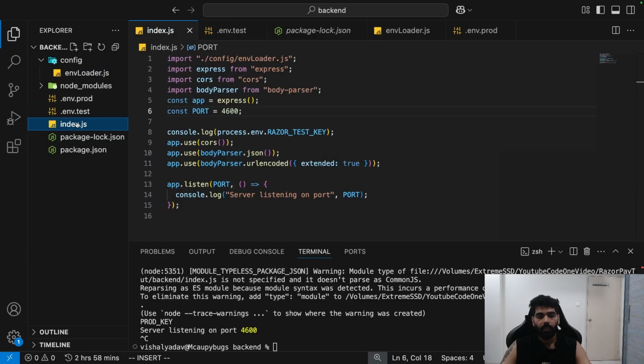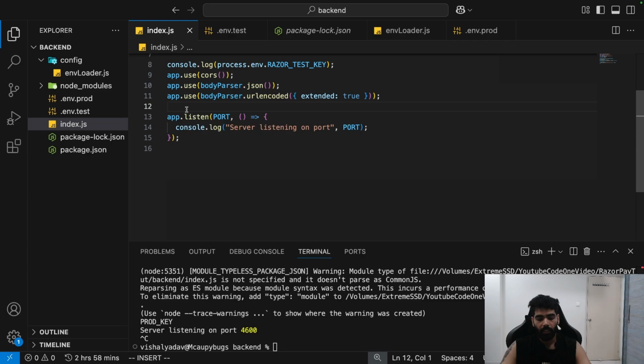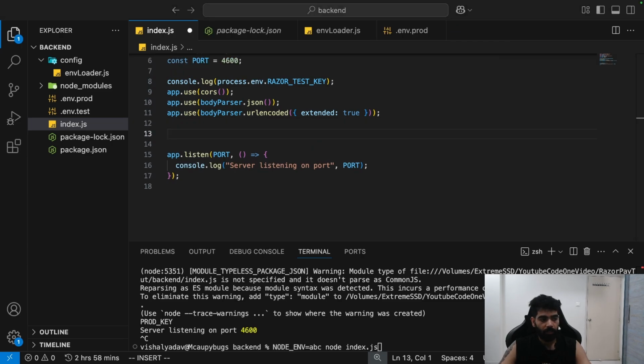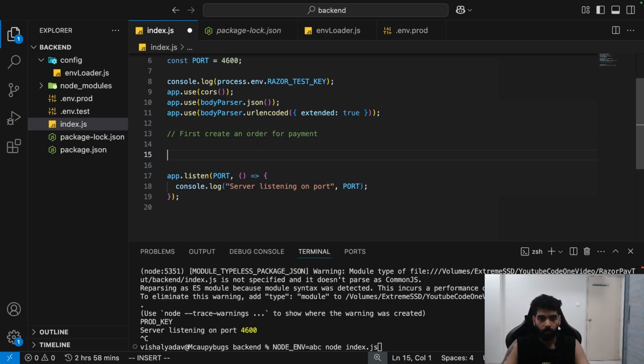The next thing we are going to do is create the API routes. There are two routes basically that you need. The first route is, whenever you create any transaction on Razorpay, you have to first create an order. So I'll write it down. First create an order for payment. Without an order, you can't have the payment. So for the order, we'll create